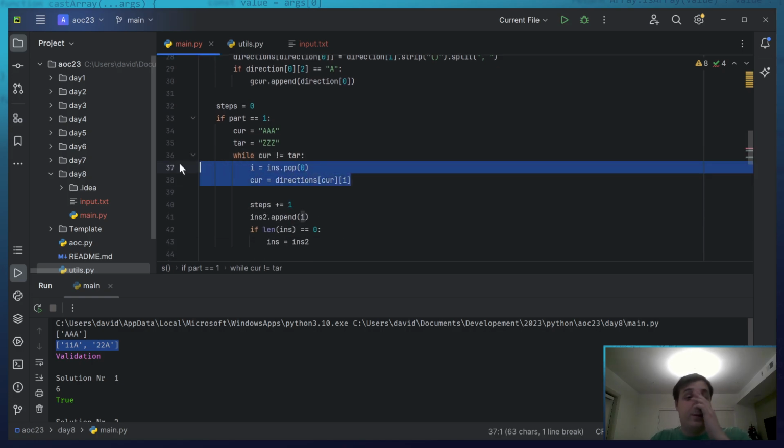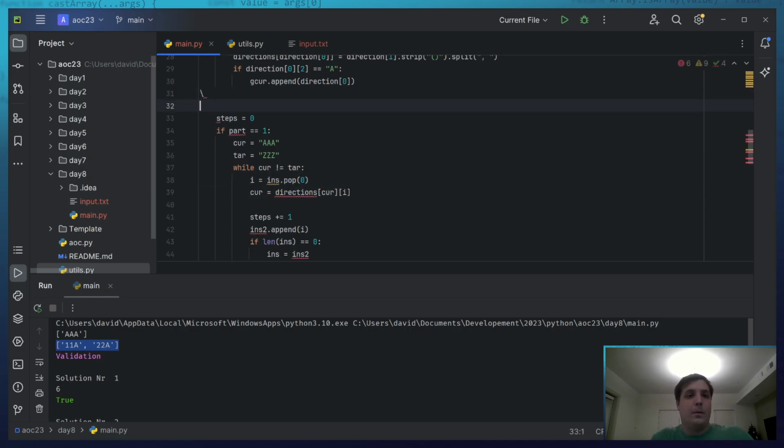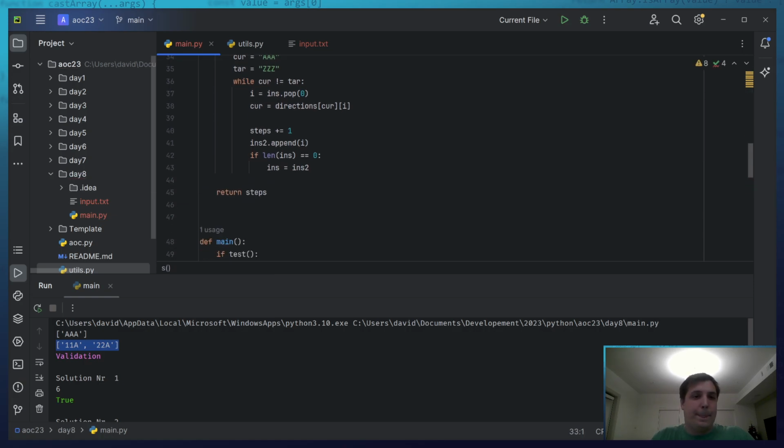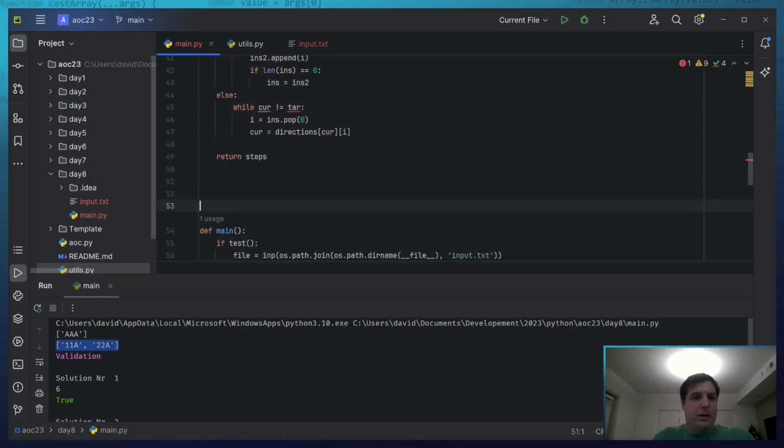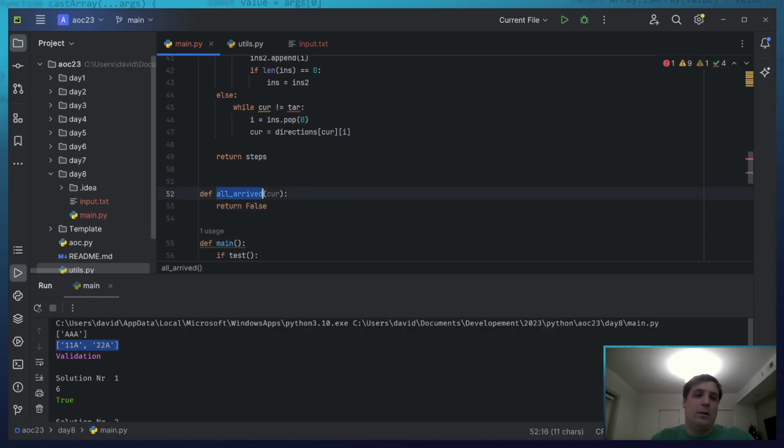Else, there's no part 2, and I'm gonna do the same loop, except that I'm gonna define all arrived with a list of cur, returning false by default.